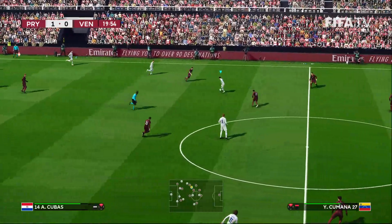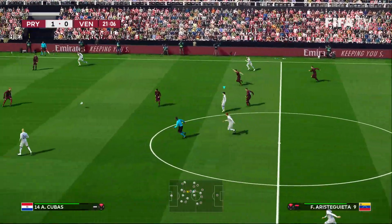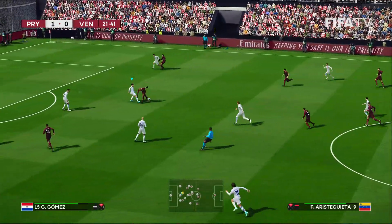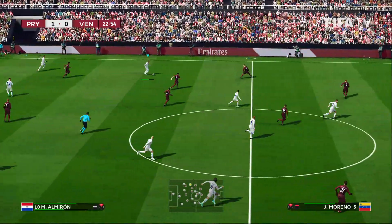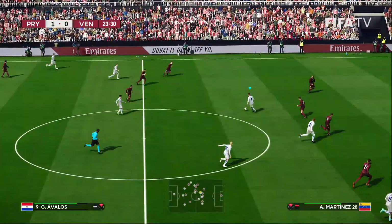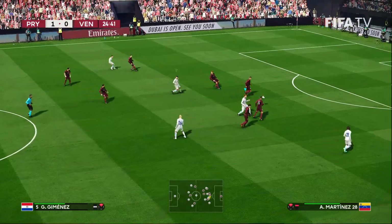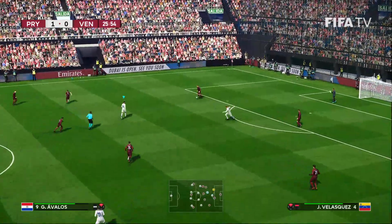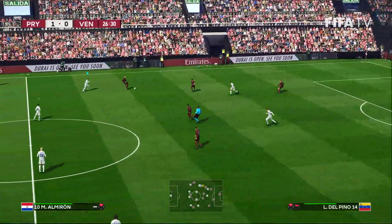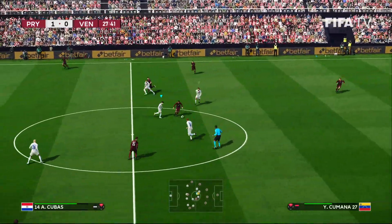And so I really expected Bolivia and Venezuela to just get blasted in all their games, to be very blunt about it. And I was really impressed with the defensive work of Venezuela. They obviously stay very compact. They were a lot more competitive than I expected. I would also say the same for Bolivia, maybe to a slightly lesser degree than Venezuela for me, but both of these sides,